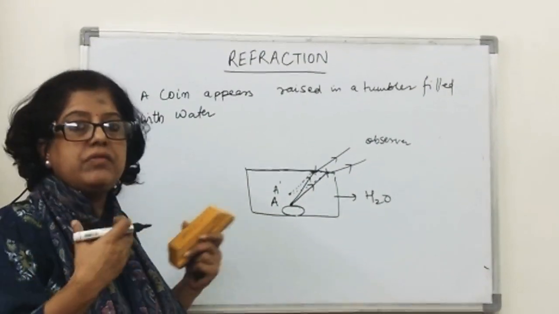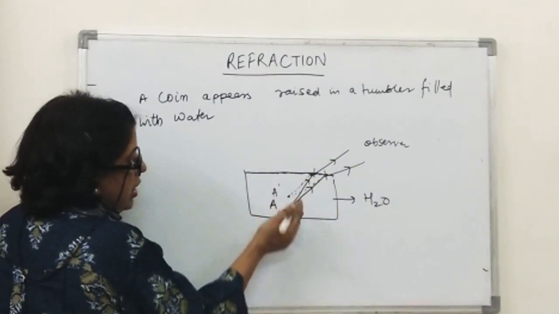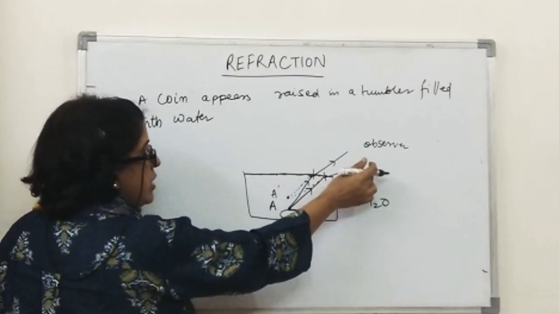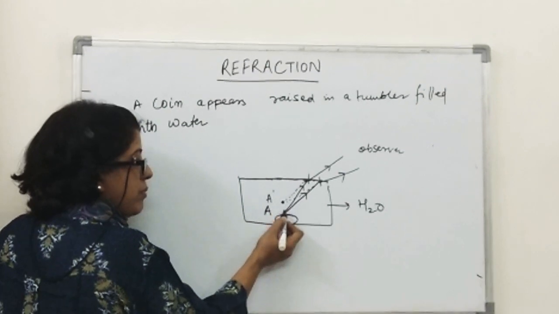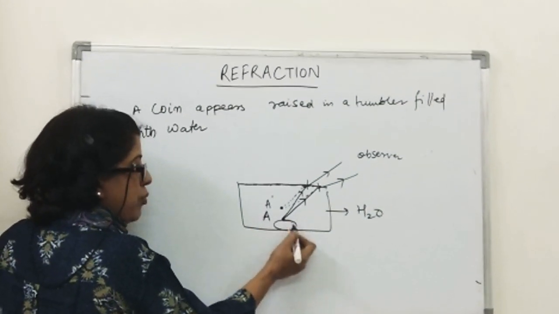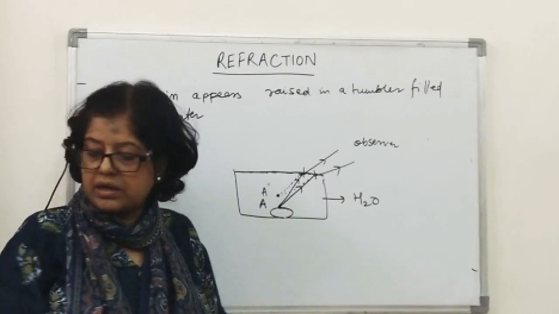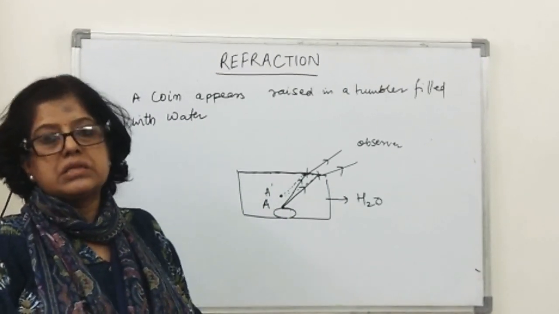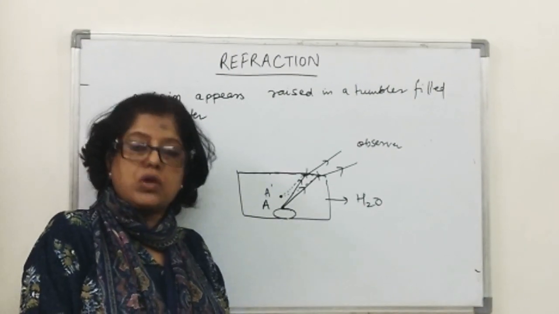We can't perceive light rays bending. So, to an observer standing here, instead of point A, the light rays appear to be coming from point A dash, and the person feels that the coin is placed here. I've drawn just one point. Similarly, all the rest of the points of the coin appear to be slightly raised. So, this is how through a diagram we can show why we see a coin slightly raised when placed in a glass of water.